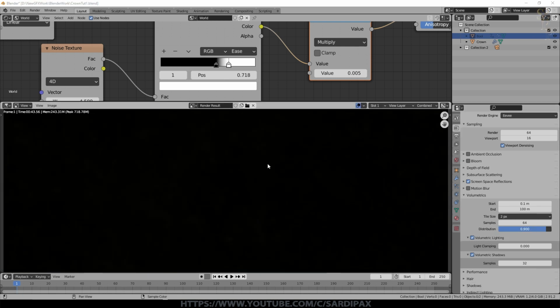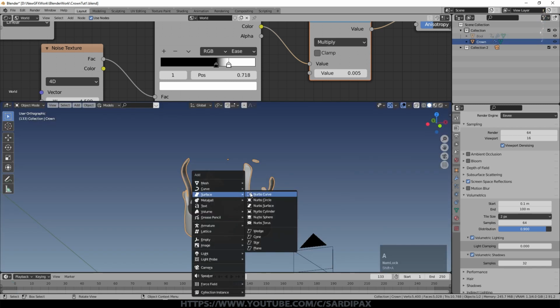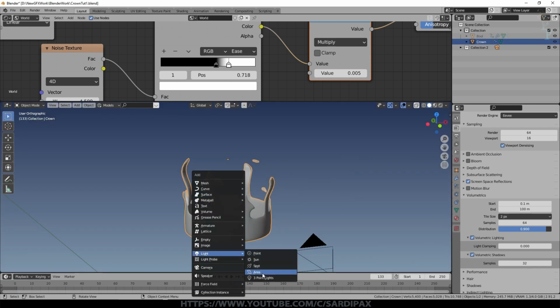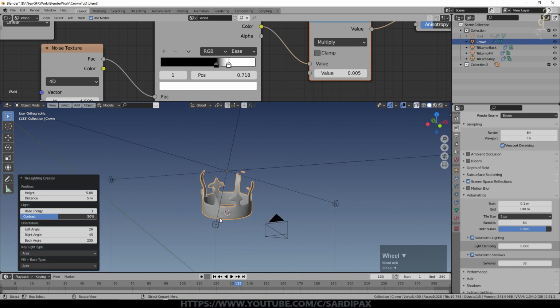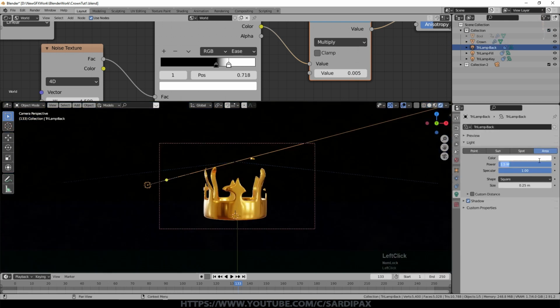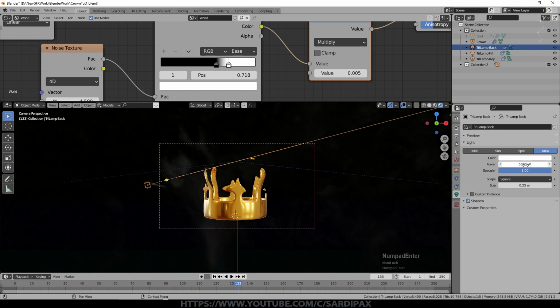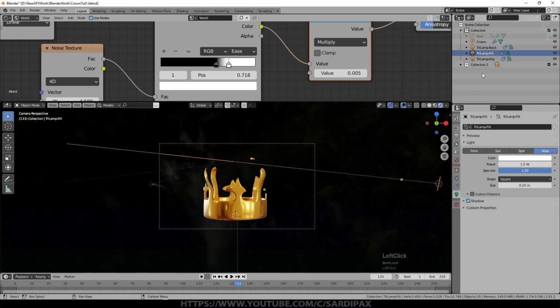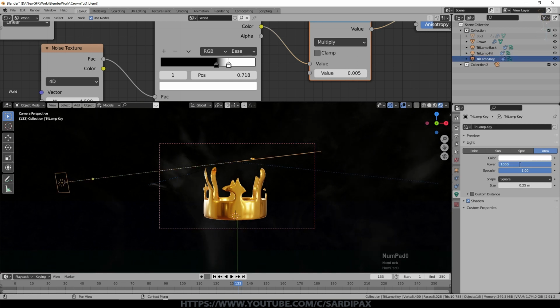We don't have many lights in the scene yet, other than the ambient light to really illuminate everything. With the crown selected, let's just add the default 3-point lights. We may well need to turn the brightness of these lights up, but we'll give them a go. So let's try 500 watts for that light, maybe even 5,000 watts. There you can begin to see something. Then the fill lamp, we'll try 250 watts, and the key lamp, we'll try 1000 watts.